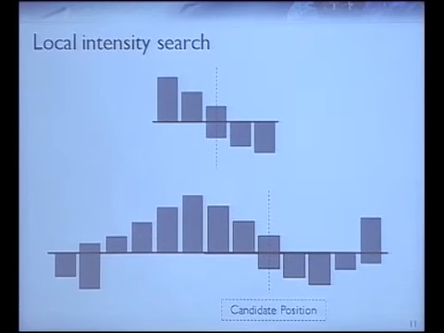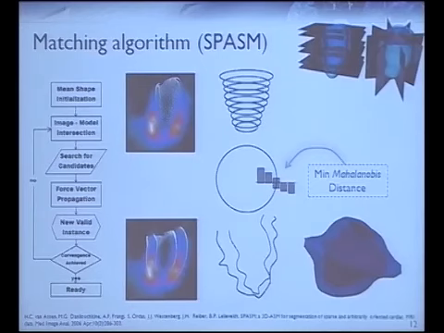And you do that for every point in your shape model until you have a candidate for every single location, and then you try to deform your model constrained by the statistics of your point distribution model. I'm not going to get into all the details, but we also developed an algorithm called SPASM that stands for Sparse Active Shape Models, that is able to handle sparsely sampled data sets, because let's say not all imaging modalities are like CT, where you basically have all the densely sampled volume. You also have ultrasound, where it's more beam,